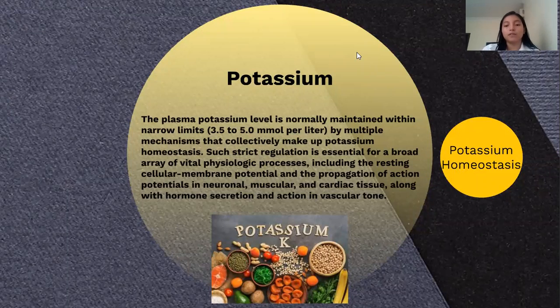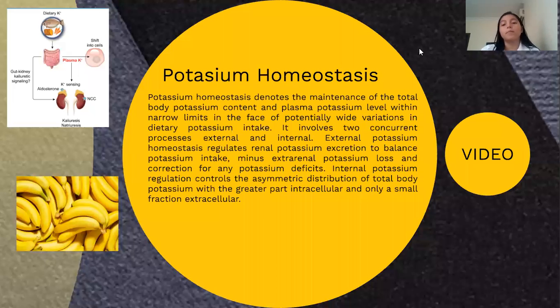Such strict regulation is essential for a broad array of vital physiological processes, including the resting cellular membrane potential and the propagation of action potential in neuronal, muscular, and cardiac tissue, along with hormone secretion and action, and vascular tone. Potassium homeostasis denotes the maintenance of total body potassium content and plasma potassium level within narrow